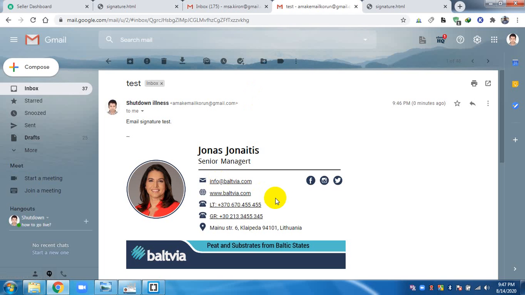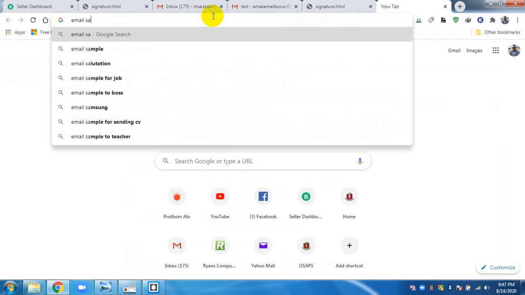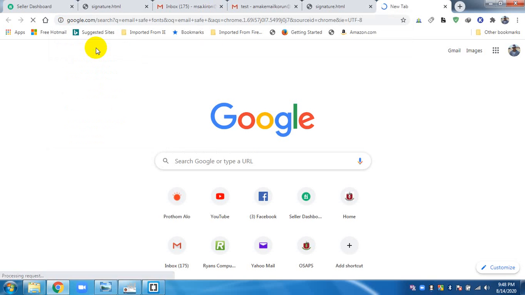This is because Gmail and other email clients do not support all the fonts. So the best thing is, if you search on Google for email safe fonts, you will get some font names.